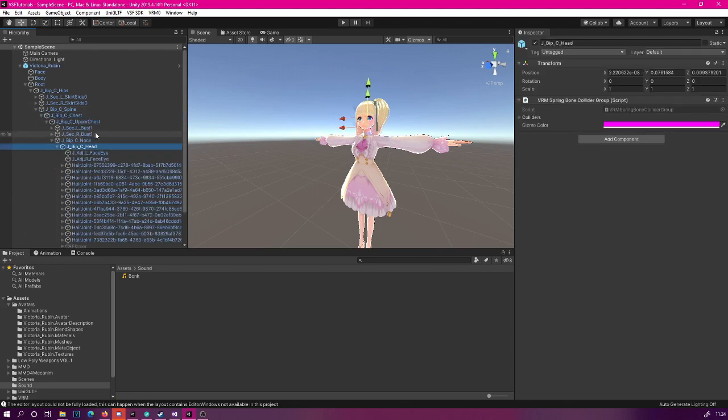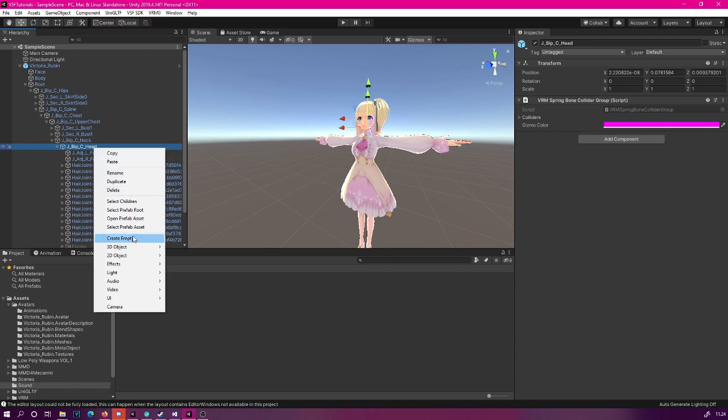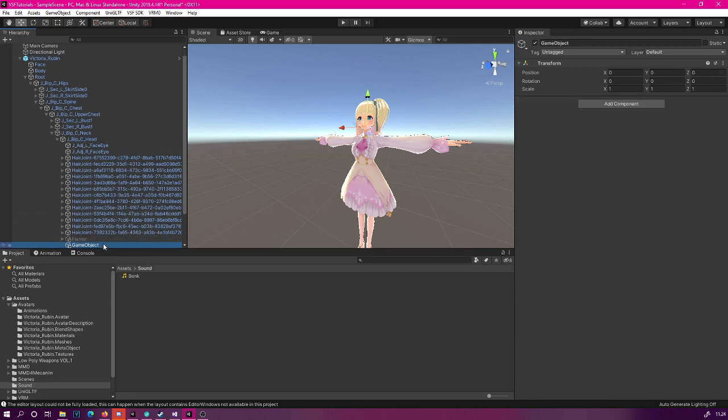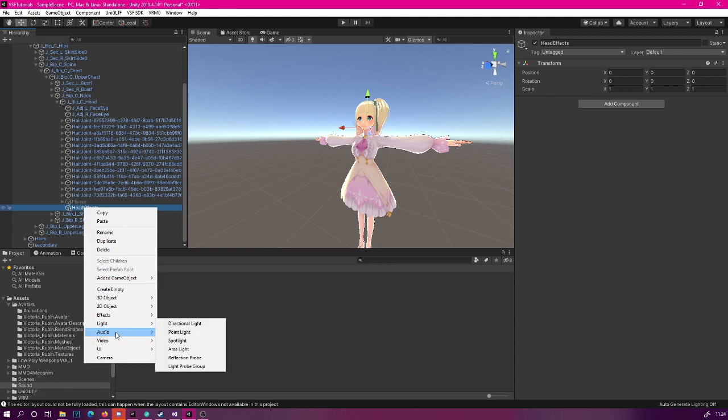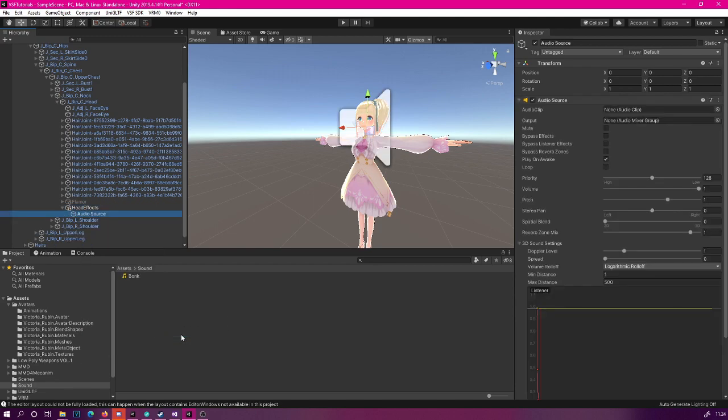And there we are. Now let's create a new empty node here, and we can call this head effects or bonk or something like that. Now to this node, we're going to add the audio file. So right click, then go to audio and audio source.